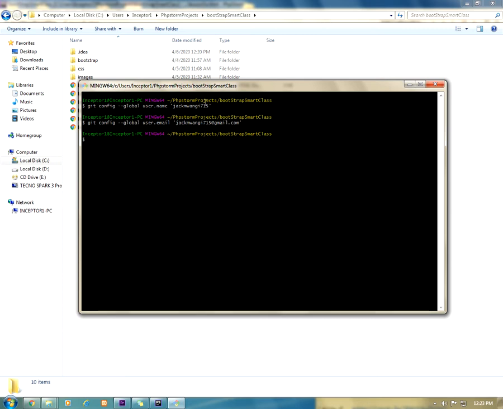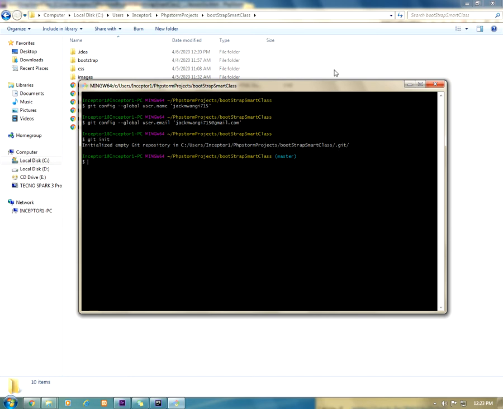This empty Git repository usually has an extension .git. To create it, you just say git space init. git init is a short form for initialize. If I press enter, it will tell you initialized empty Git repository,